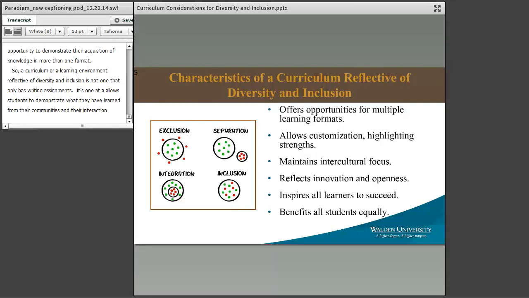It allows students to demonstrate their expertise in oral communication. It allows students to demonstrate their critical thinking skills on real world situations. It allows for students to develop competencies that they need, but also to demonstrate the expertise they come to your organization with. Another characteristic of the curriculum is that there is an intercultural focus,